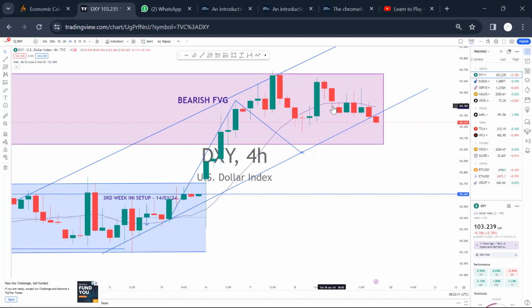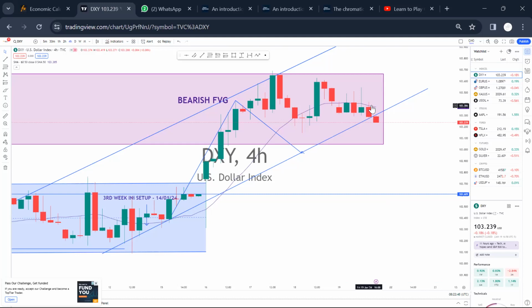So you see, in this place, we are still in the fair value gap. Now, in the fair value gap, there is another consolidation happening. Look at it. But the price has broken just below the support level. It's not far away from it. It could actually bounce back and move up and break this resistance, the support level, or now a resistance level, and then actually come back to break this 50 EMA.